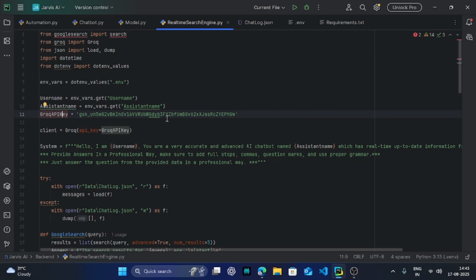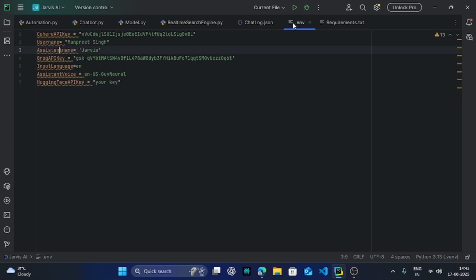And if you want to, press Control C and then Control V at the place of assistant name, and write GROQ API key.